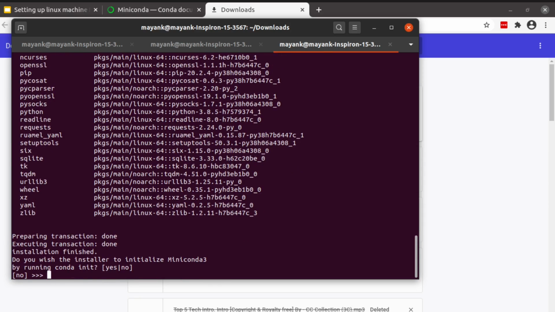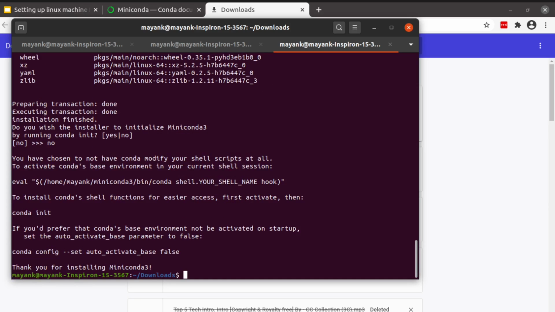Based upon the speed of your machine, it might take some time. Once the installation is done, the Miniconda installer will ask you to set this Miniconda as your default Python installation. I prefer to select no because I don't want to mess up the system Python. Once the installation is done, in order to activate the Conda environment we just installed,